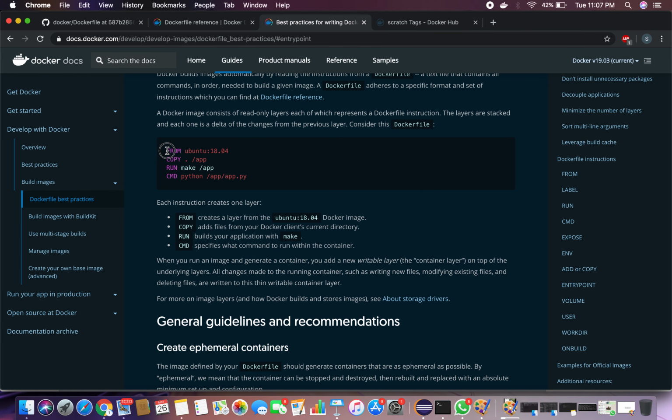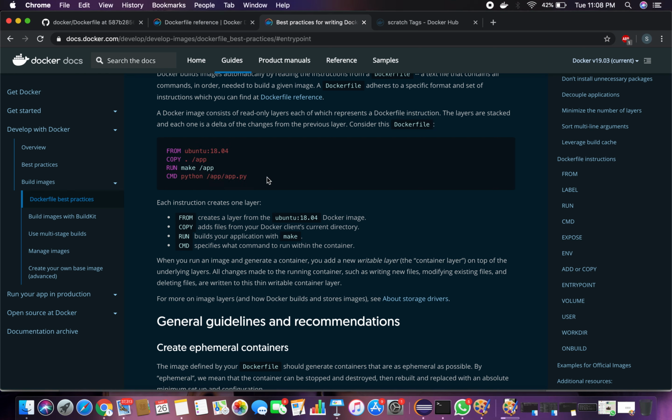This is just a text file, and you are going to write your commands, your instructions, in this way. The first command, you are going to use is FROM. If you are building your image from scratch, instead of this particular Ubuntu 18.04, you are going to mention scratch, so that you are building the image right from scratch, which means the base image is just a scratch image.